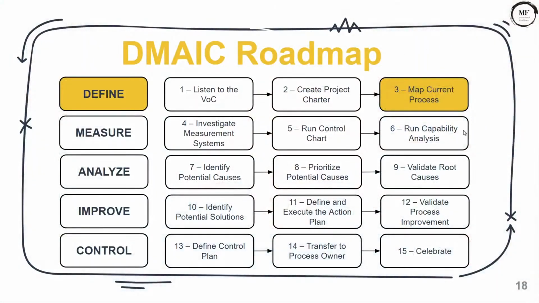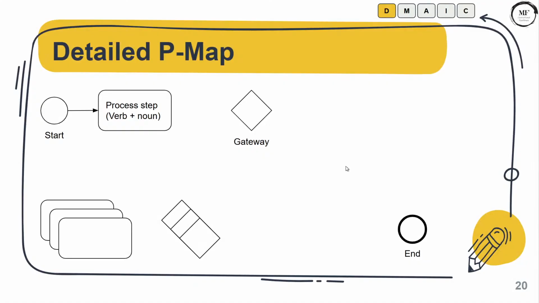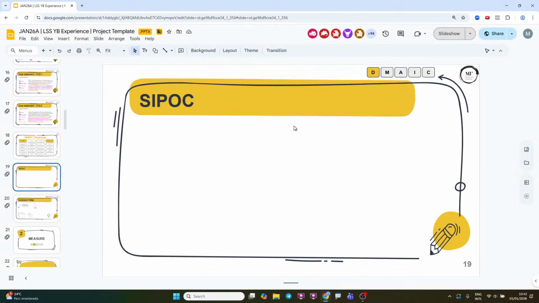Walk the process, go to the place. In this pizzeria, go to the kitchen, observe, be respectful, don't point fingers. You go as a sponge, as a student, and you just observe. Then, from what you observed, you want to apply SIPOC. There are many different templates for SIPOC.